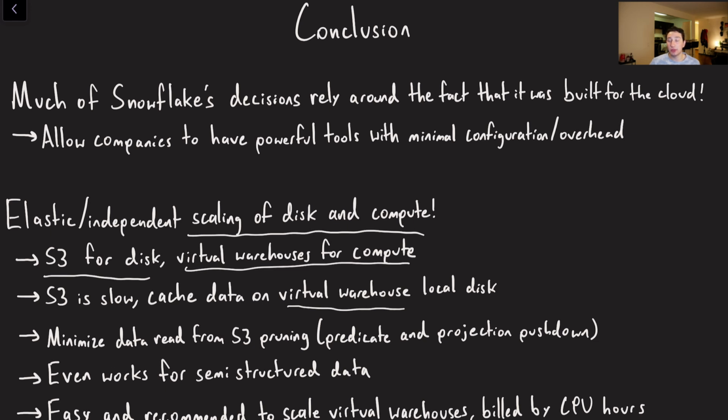In addition, we also want to minimize the amount of S3 data that we're reading on a given query. We do that via pruning, right? We have all of this column-oriented metadata. And in addition, because things are column-oriented, we can skip out on the columns that we don't care about. So minimizing the actual volume of data that we read from S3 is super important as well. And then finally, this is also going to be very useful for semi-structured data. Like I mentioned, we can take semi-structured data, convert it into our column-oriented format, and then run more efficient queries on those columns as a result of that. We get to compress that data. We get to have all of this metadata information that allows us to prune based on that column value, and this is ultimately going to be super useful.